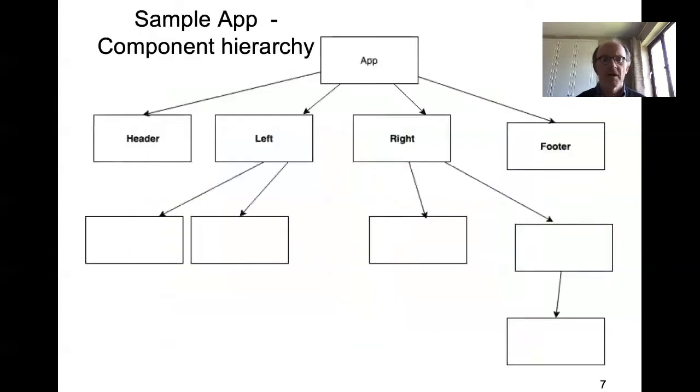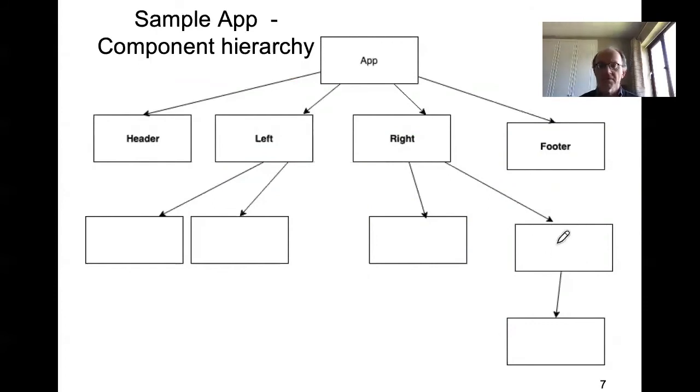I didn't fully label this hierarchy now, and some of the labels wouldn't really be very good component names, but they serve the purpose of relating this hierarchy to the previous screen. So, I'm hoping that you will understand that, for example, this component here is the